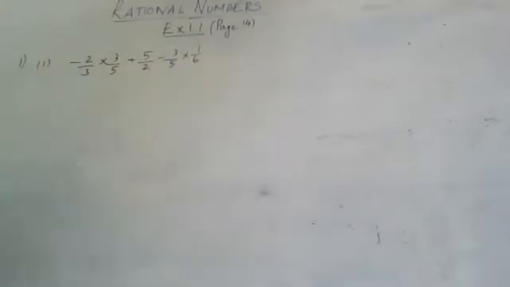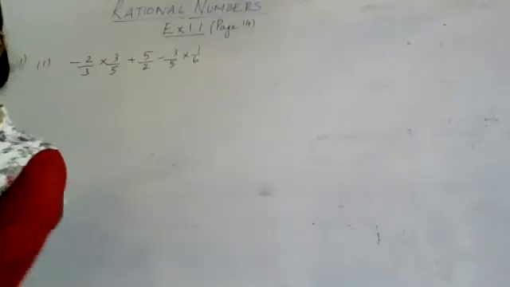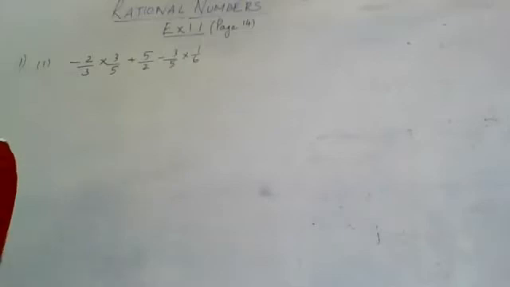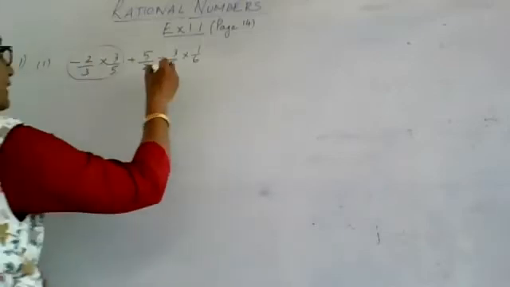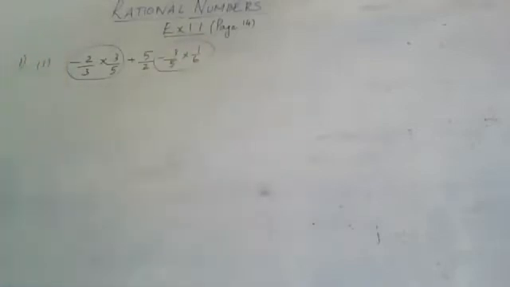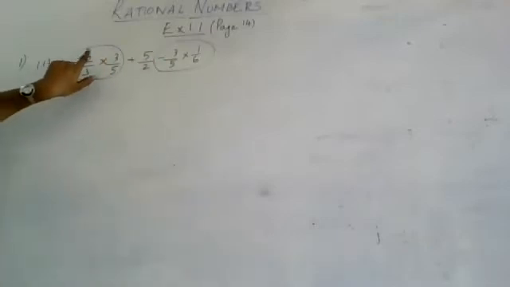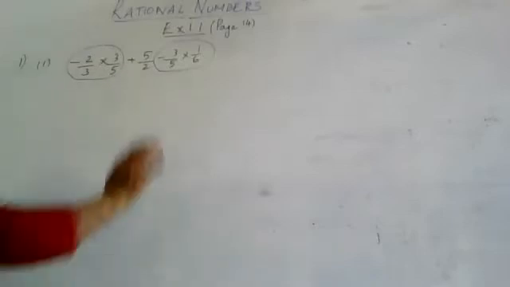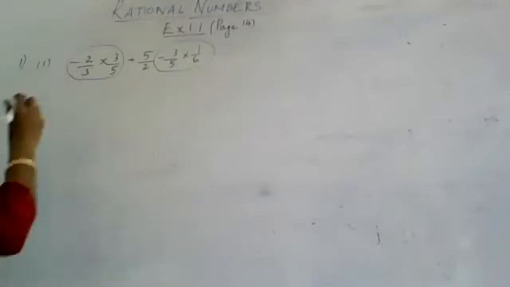Now I have to carefully watch out which are the properties which are hidden and I can use them here. So let me see. I am seeing a multiplication here and another multiplication here. Can I see two multiplications there? And I am seeing that 3 by 5 is getting multiplied with two other rationals, and this positive 5 by 2 I will keep it separately. So I will do a little rearrangement.